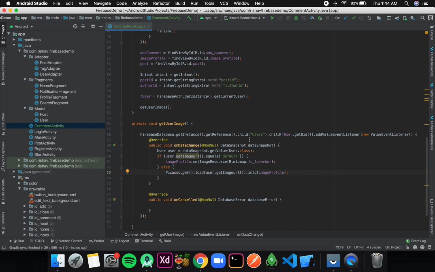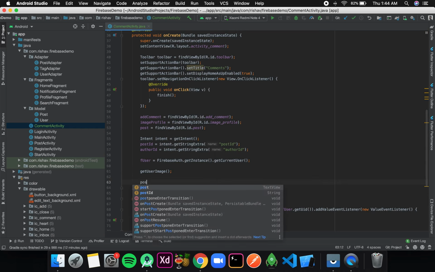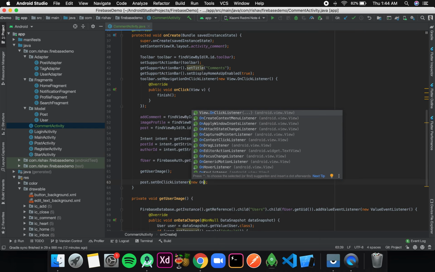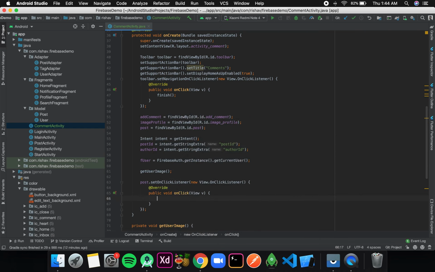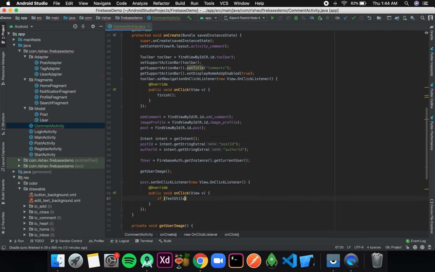Okay, so now back in our onCreate method, we'll add an onClick listener to this post text view. So I'll write post.setOnClickListener, new OnClickListener, okay, and over there I'll check if TextUtils.isEmpty(addComment.getText().toString()).